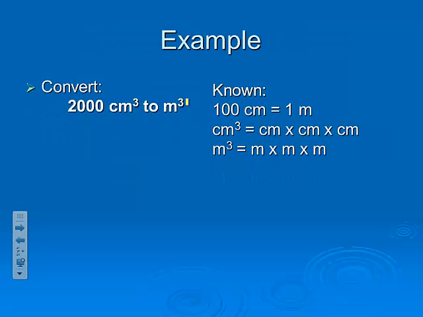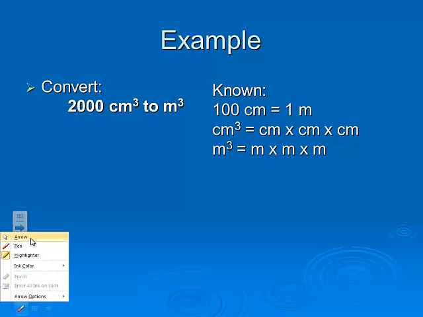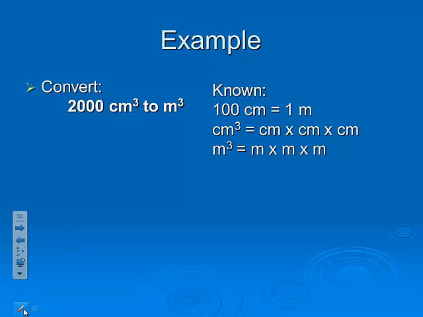So just to show you an example, let's say that we want to convert 200 centimeters cubed to meters cubed. Okay, well, what do we know? Well, we know that there's 100 centimeters in a meter. We know that centimeters cubed equals centimeters times centimeters times centimeters, and meters cubed equals meters times meters times meters. So there's two ways to tackle this problem. You can either do 2,000